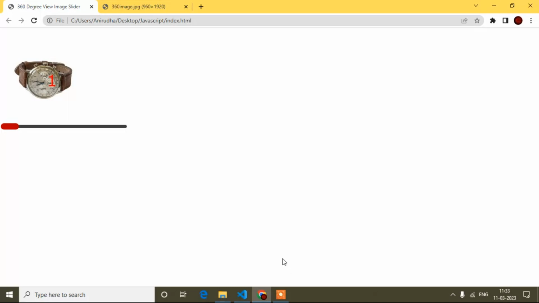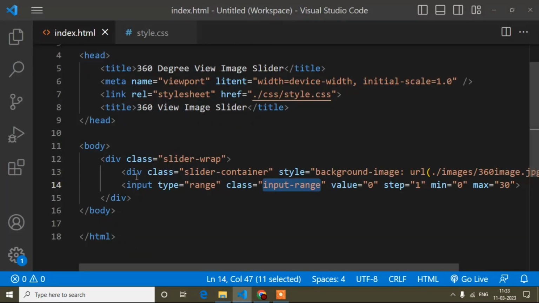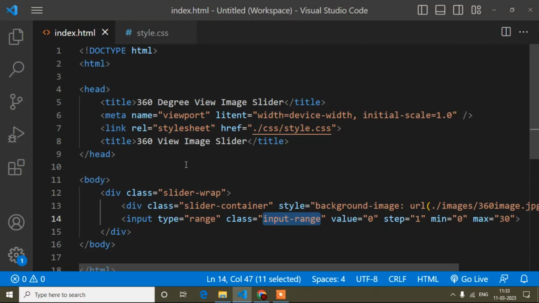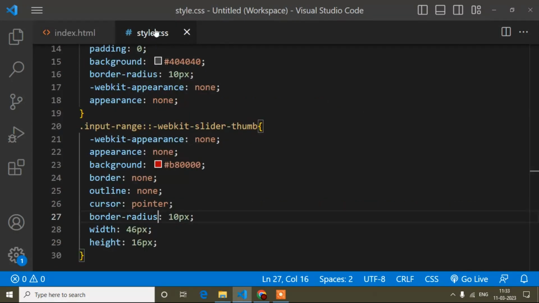Now I will come to the main part, that is the JavaScript part. Here you can use the same HTML file, otherwise you can create an external JavaScript file and link it like how I added style.css. This is CSS, so the file name can be anything.